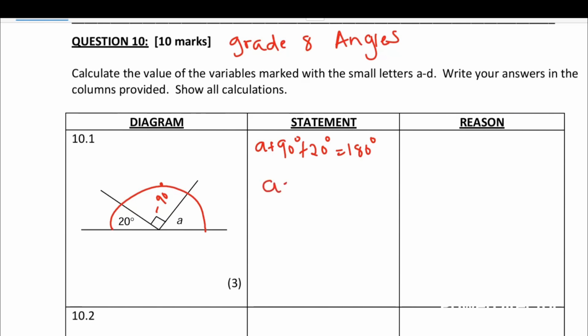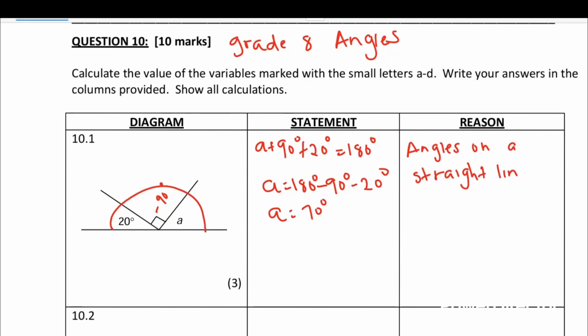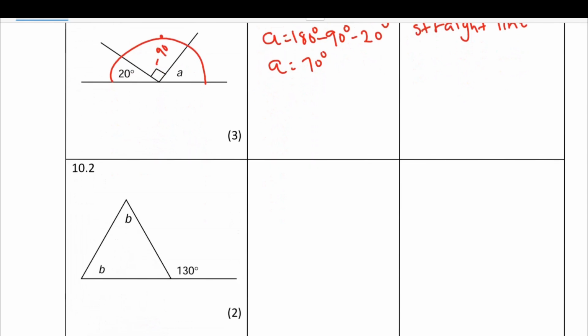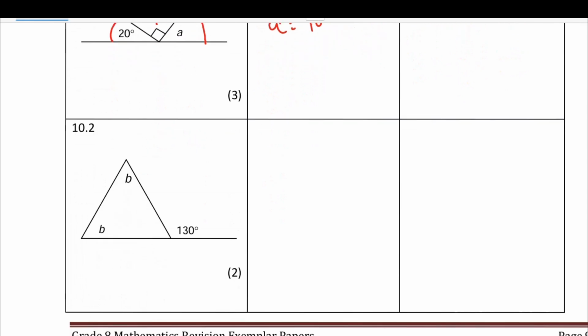So it's going to be A equals 180 degrees. I'm going to take this to the other side to change sign. It's going to be minus 90 degrees. I will take this to the other side. It's going to be minus 20 degrees. Therefore, A equals 70 degrees. What about the reason? Angles on a straight line. Cool. Guys, let's move to